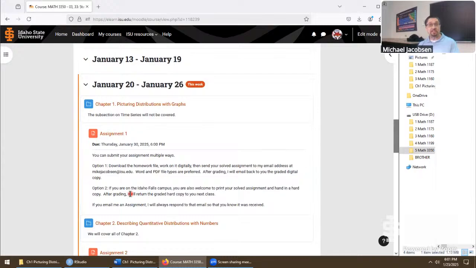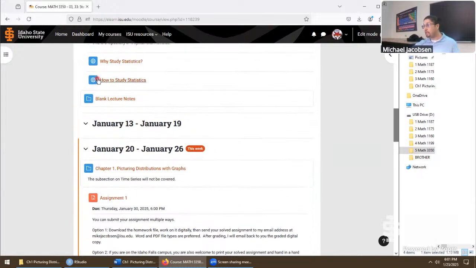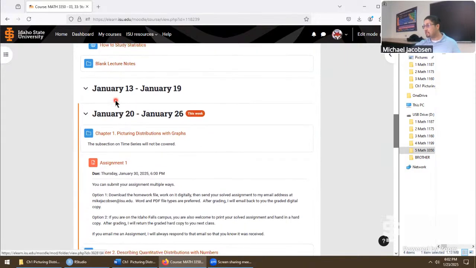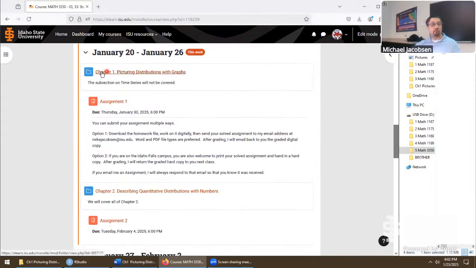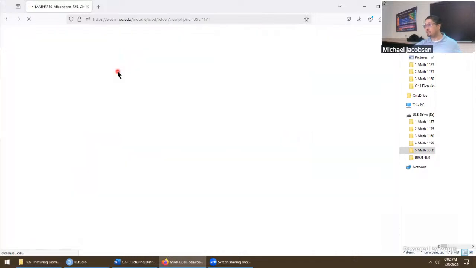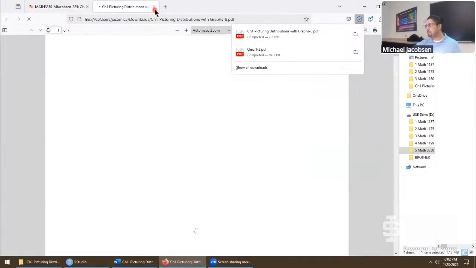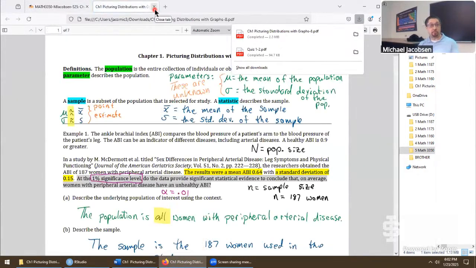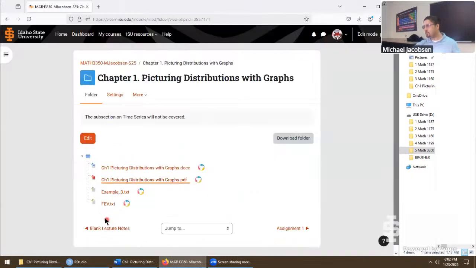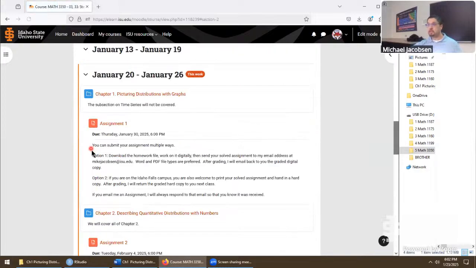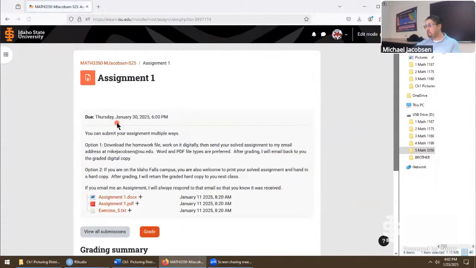Aside from that, there's lots of ways to do this class. Some people are probably downloading the notes or printing them out. The blank notes are found here in a document, and everything that we do ends up in a chapter folder like this one. Clicking on it is going to show the solutions that we've worked out so far. So that's why there's blank lecture notes if you prefer a blank document, and also any required files that go along with the chapter. Then finally, after that, for the assignments, just click on the folder. We'll see some relevant documents for filling out the assignment.